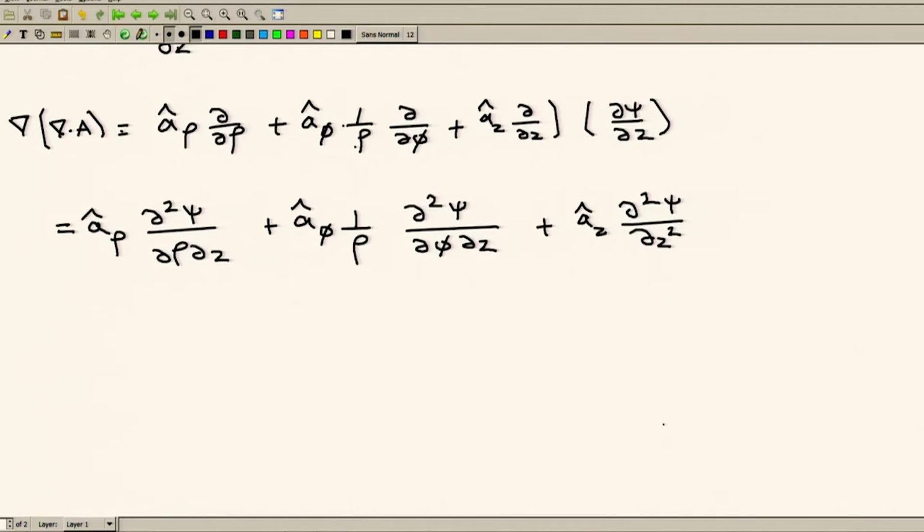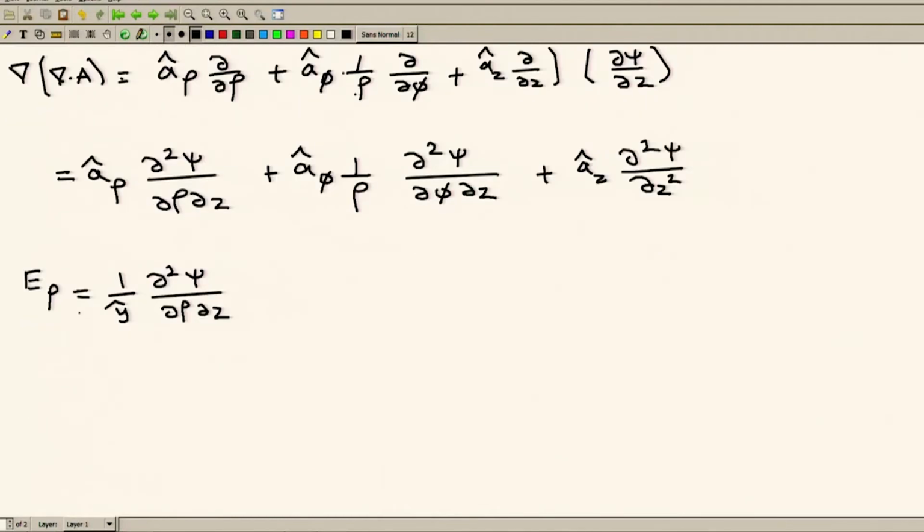Now, we will substitute this and then find out the E fields. So, we will get E rho as 1 upon y cap del square psi upon del rho del Z, E phi as 1 upon y cap 1 upon rho del square psi upon del rho del Z, and then we will have Ez as